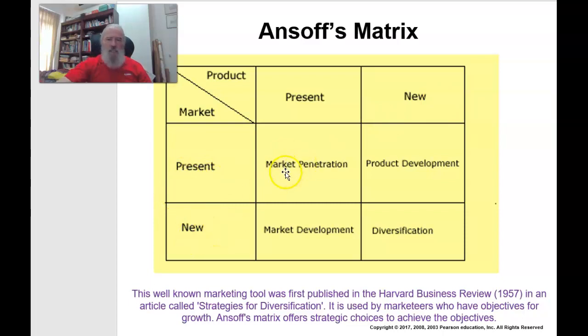And the phrases that he's allocated for each of these is that in your current market with your current products, all you can really aim for is market penetration, in other words, a bigger market share. Next best, and that's always the number one choice, go for market share, increase market share. But that's not always possible. So if you want to grow and you're looking at the next best option, it is very definitely product development. Product development means taking the existing products you've got, developing them and selling them in your existing market. This is relatively safe, and this is where most organisations tend to focus.